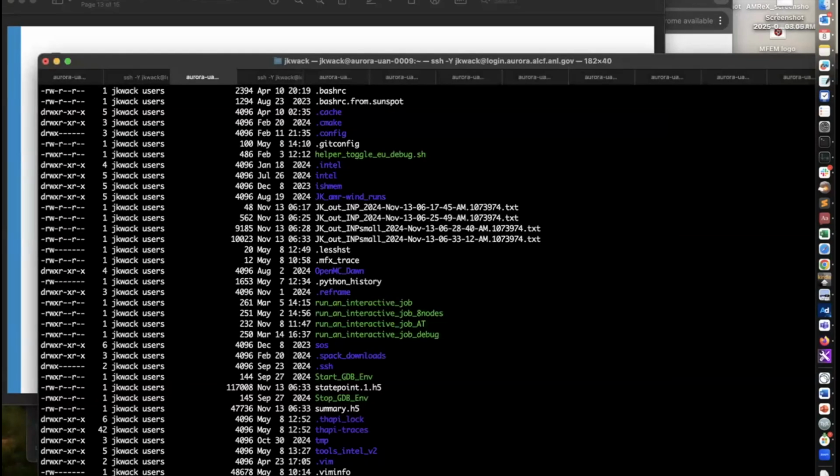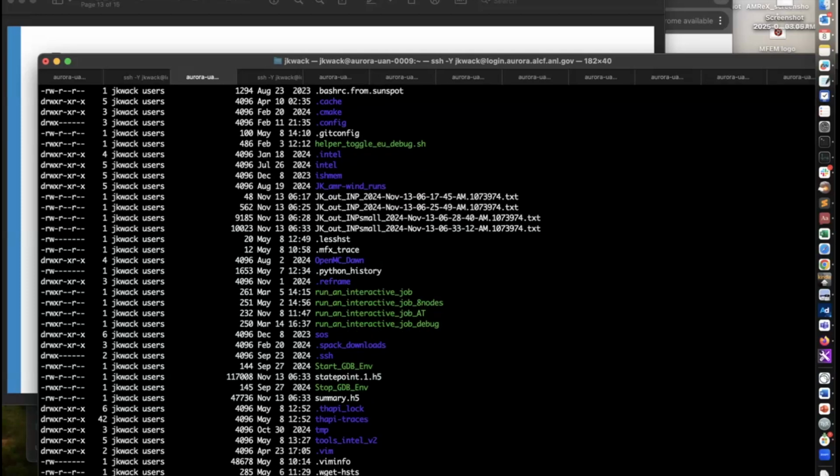So cp -r, and the path to the GPU hack example and tools, and I will copy to my home folder. Okay, and once you do that, you can go to